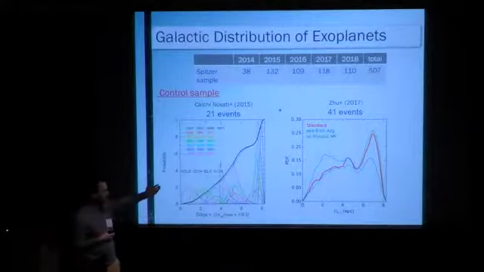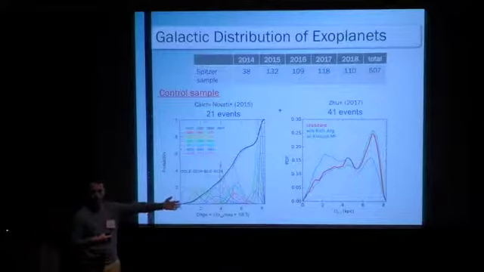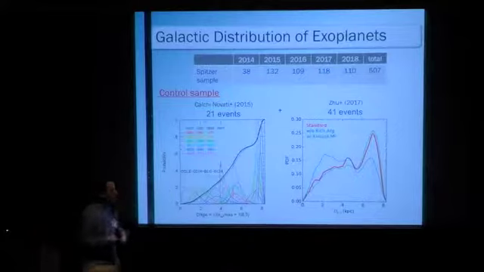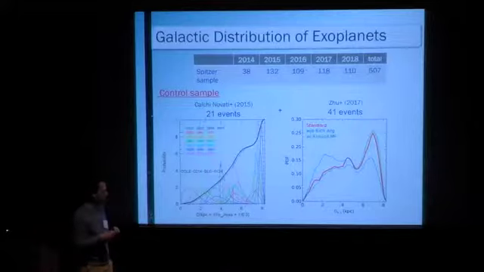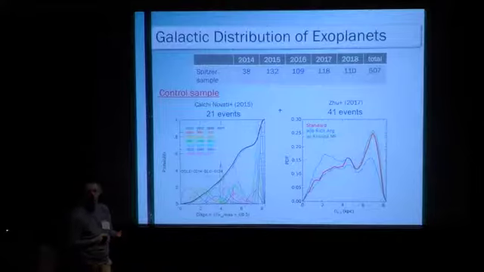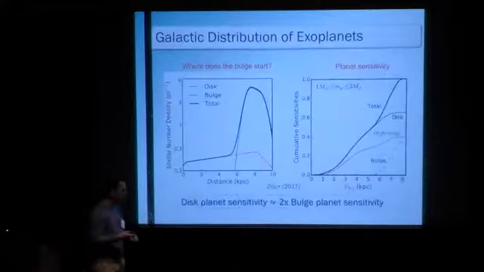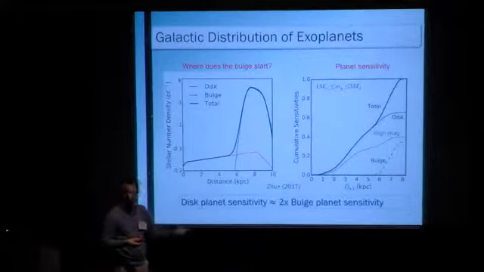First of all, to see that we can actually detect microlensing parallax of bulge instances, and we can. And the second thing is to derive the distribution function of the underlying population that we can compare our planets to later. The next thing that we need to do is also to take into account the planet sensitivity of each